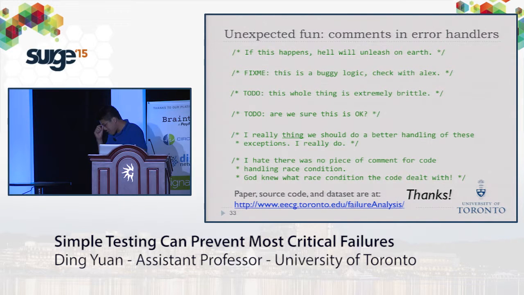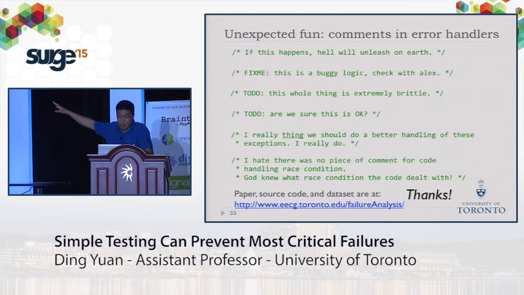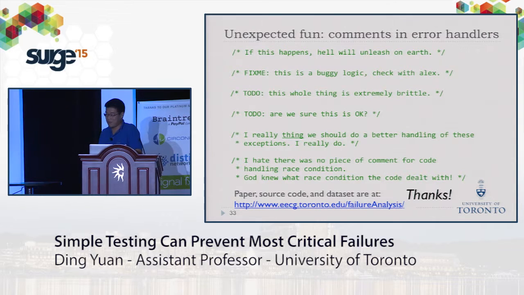So I want to end by showing some of the code comments in the error handling blocks that are detected by Aspirator. All right? These comments appear in code blocks that belong to one of those three patterns I mentioned. I think we can actually write a book just about these comments. And with that, I'm happy to take any questions.